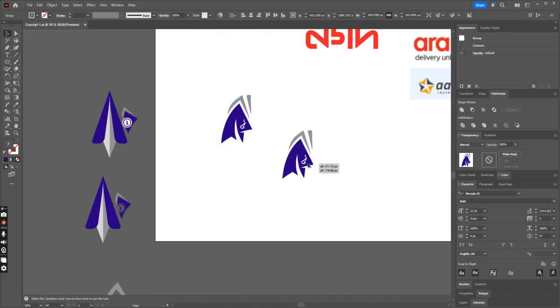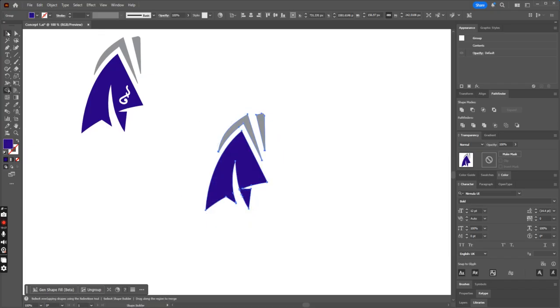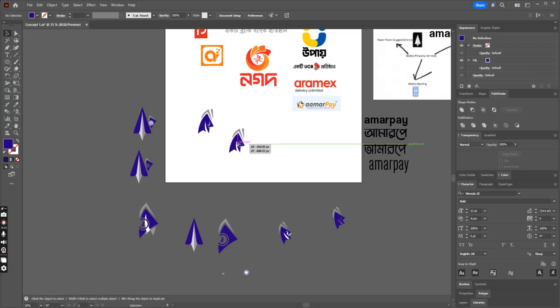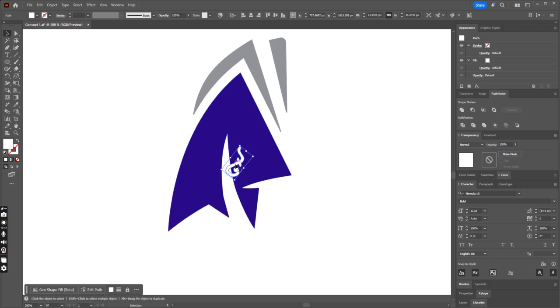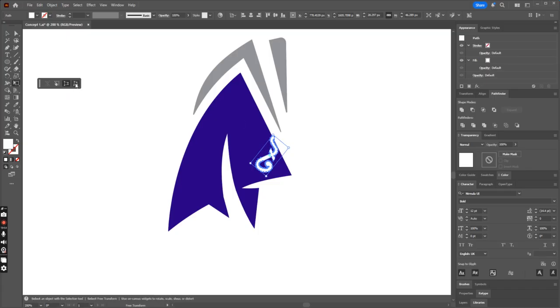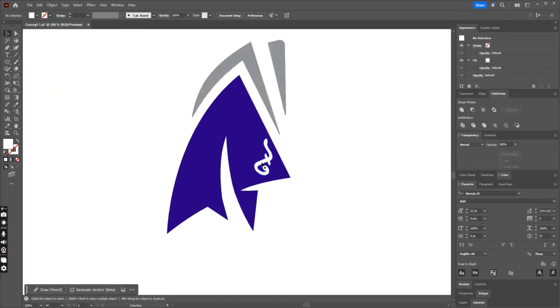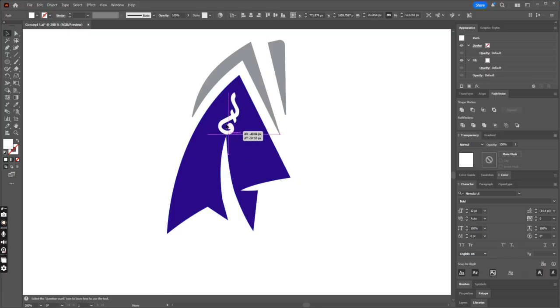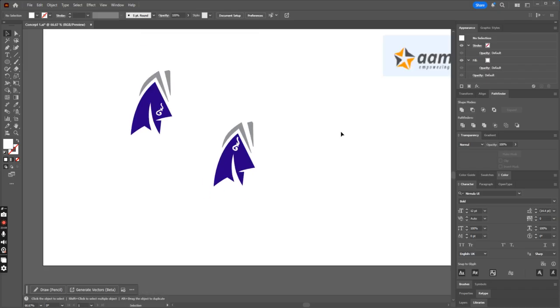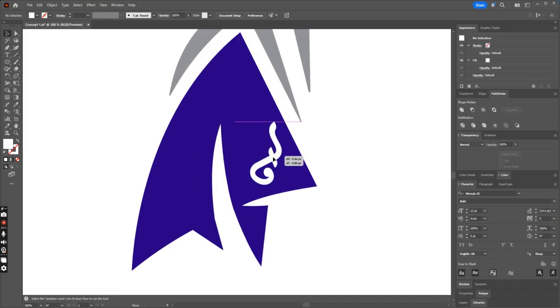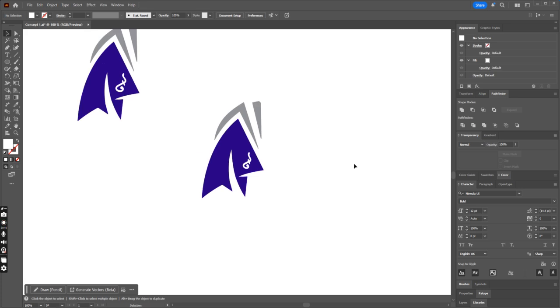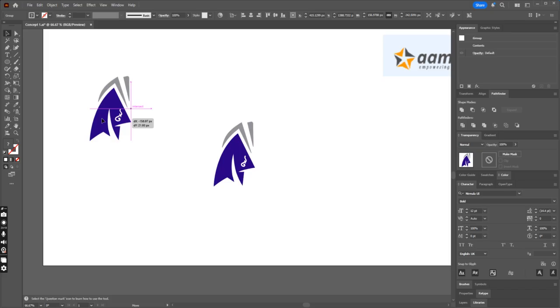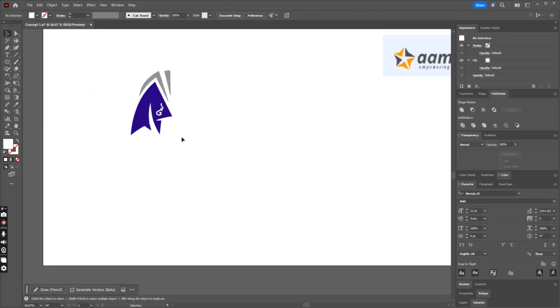I think we can do something with the taka icon. So just filling it with the shape builder tool, and let's see what we can do to make it look perfect. Let's use the free transformation tool to see if it can do something for us or not. We must have the taka icon look clearer. Maybe it was good as it was. So let's keep it as it is, and